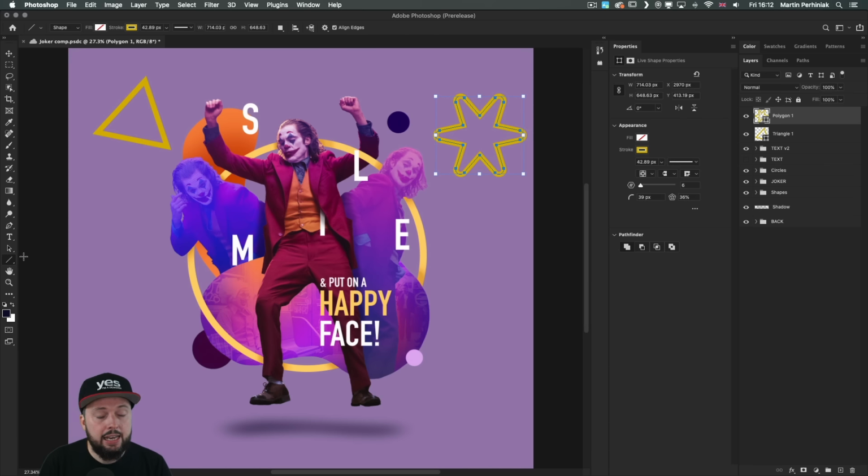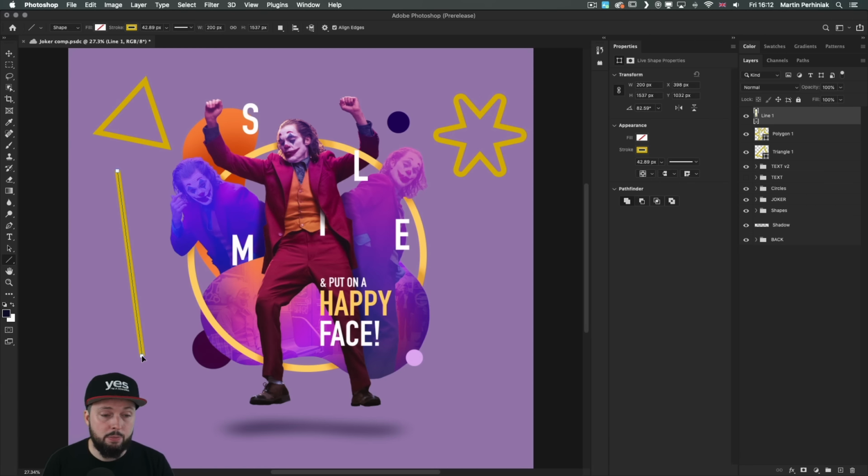I'd like to also mention a big improvement for the line tool, which used to be created as a rectangle in the past to create the weight or thickness for it. But now finally, it's just defined by 2 single anchor points, which can easily be adjusted by just moving them around. Or again, similarly to the shapes, we can also rotate this around easily. And to increase the thickness,